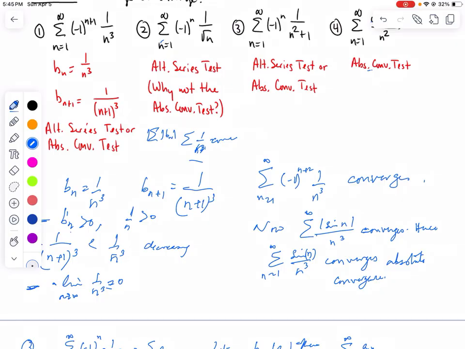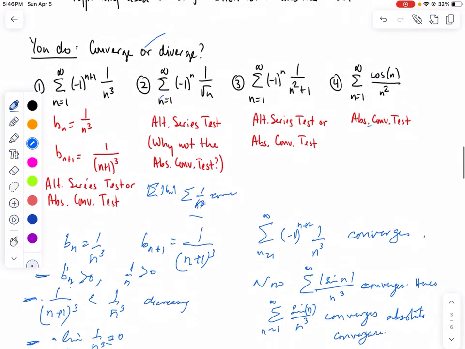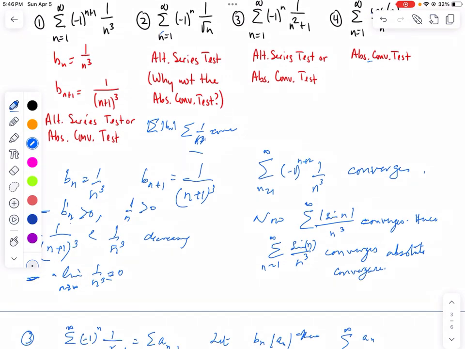All terms are greater than 0. And then bn plus 1, which is 1 over n plus 1 whole cubed, will be less than bn. So the next term is less than the previous term, so it is a decreasing series, and so